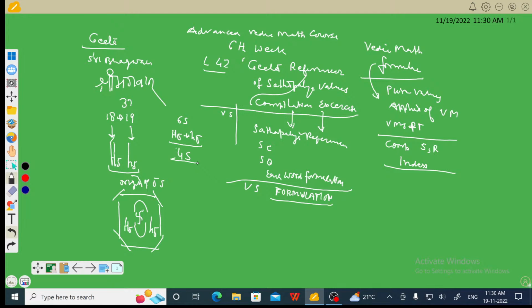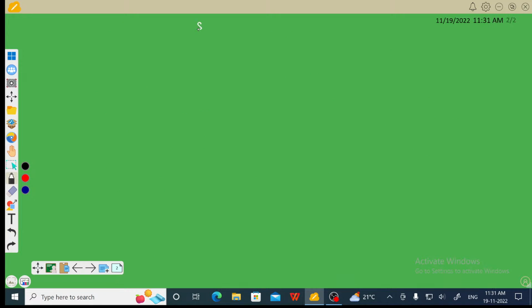Now when we want to proceed with the Sthapatya referencer of Geeta